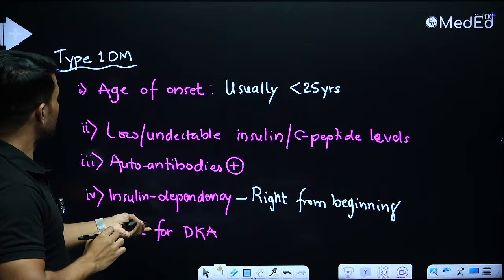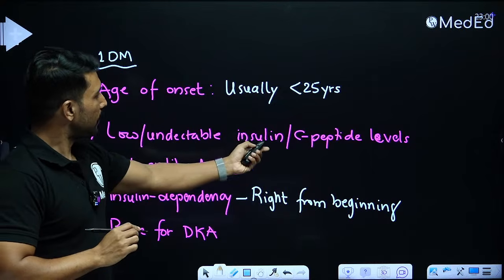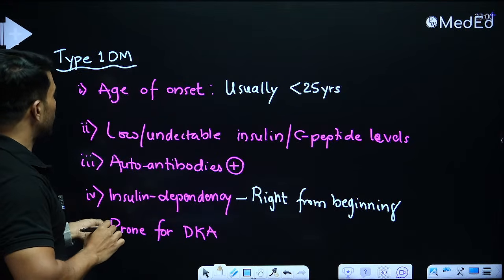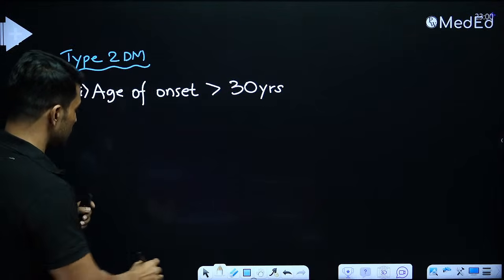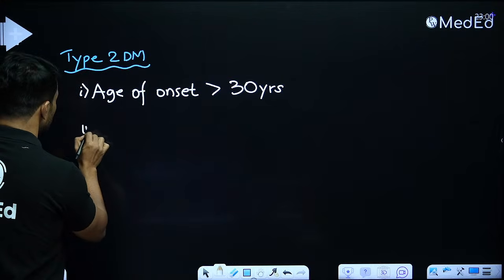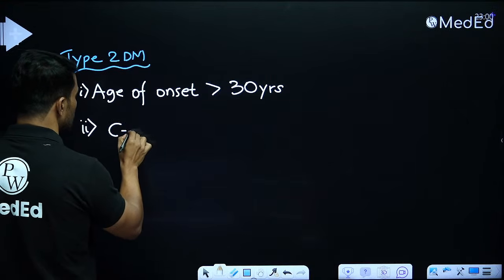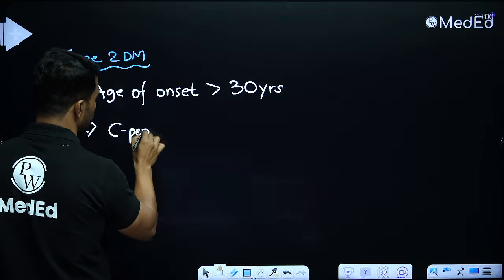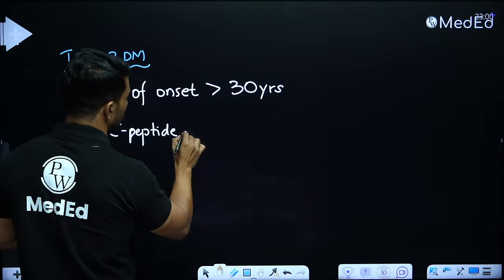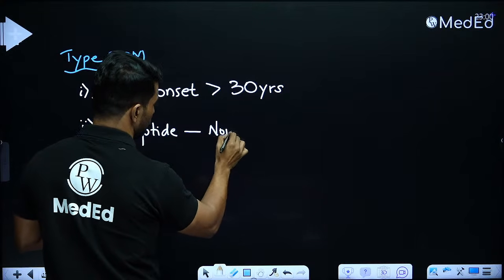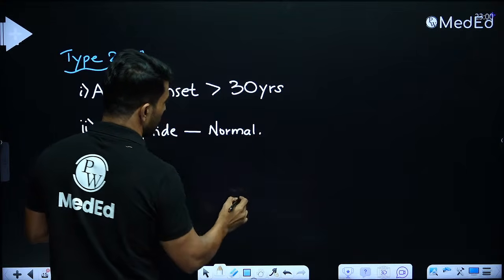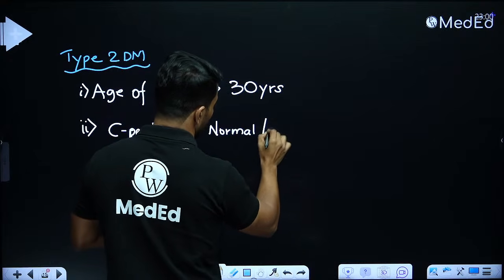Okay. Second, if I do the C-peptide levels, it was undetectable or low in type 1. Now here, because there is no insulin production defect, there is no insulin deficiency. So if I do the C peptide levels or insulin levels, they will either be normal or they can be high. Why will they be high? Because whenever there is